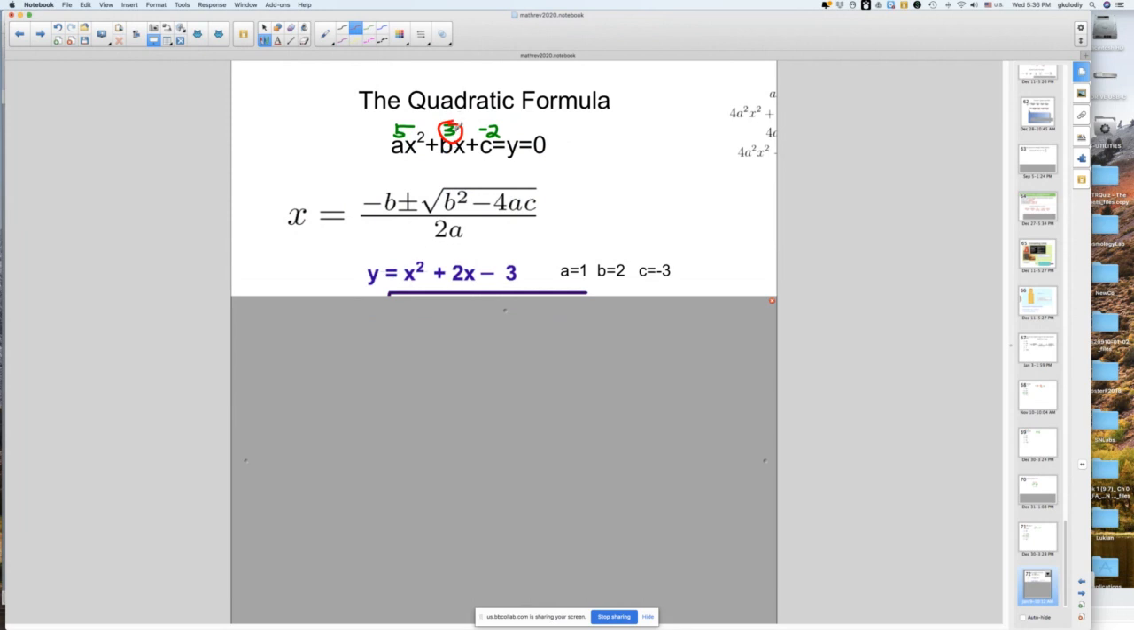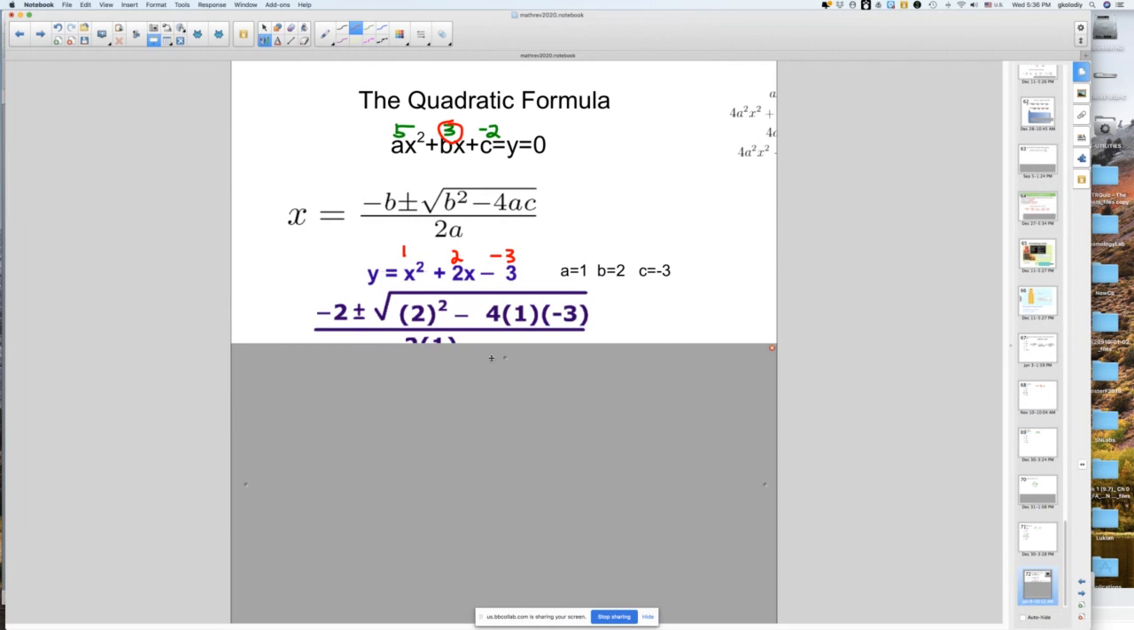Except I'm not doing it for those numbers. I just made those up. The numbers are like this. So this is 1, this is 2, and this is minus 3. A is 1, B is 2, and C is minus 3. You put those in,